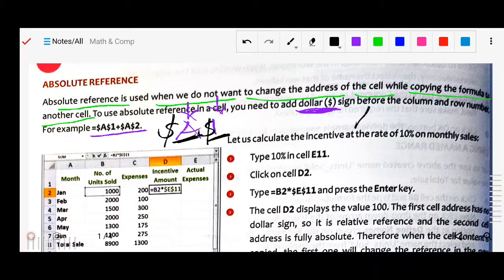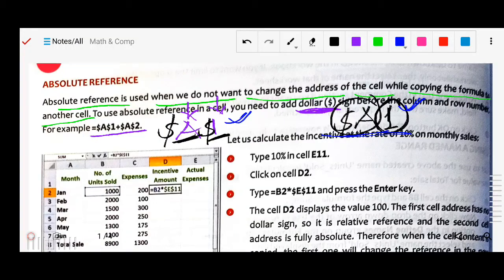Suppose you put the dollar before A but not before the row: then A will not change, but the row can be changed. This type of reference is called the mixed reference, and the fully fixed one is called the absolute reference.